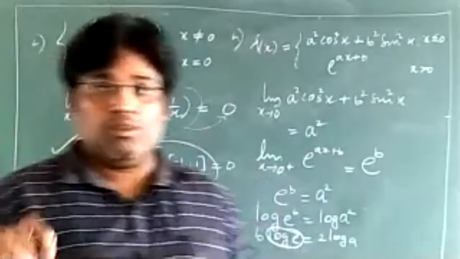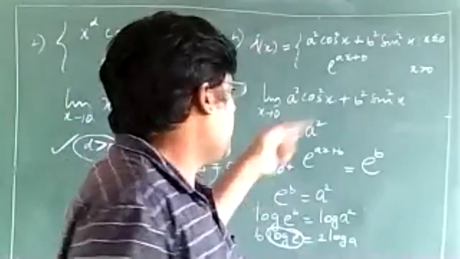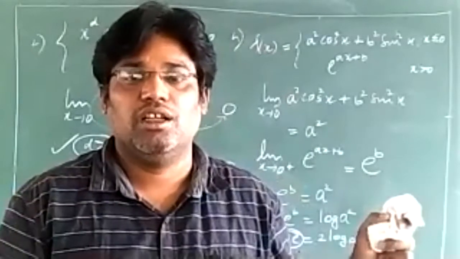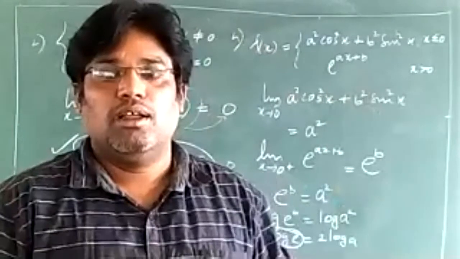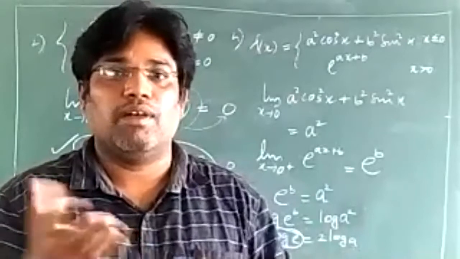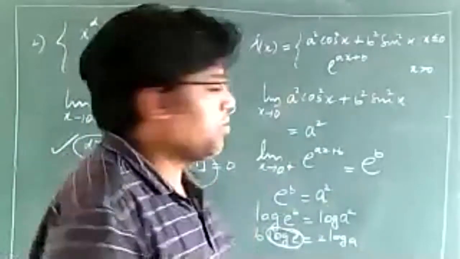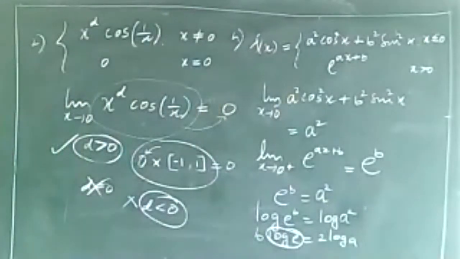Suppose in the answer, if it is in terms of log, and you get something like e power b is equal to a square, it is clearly indicating that you have to use certain properties of logarithms. Maybe log m into n, log m by n, log a power m. You have to use these properties. Simplify, you will be getting the options. Guaranteed. Okay. This is question number 4.